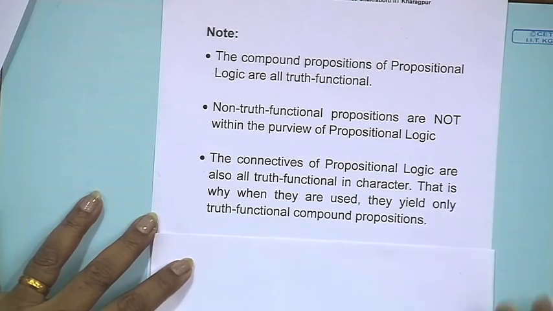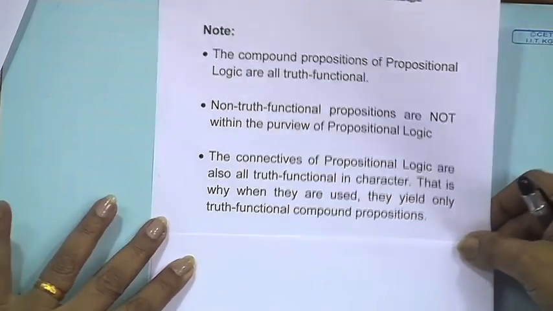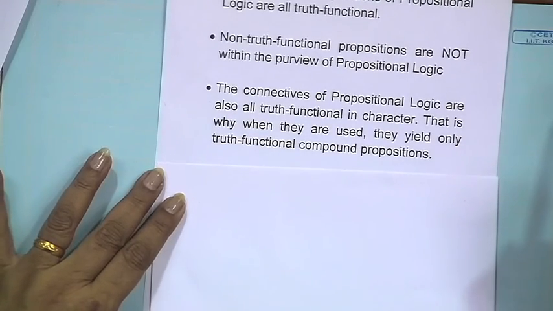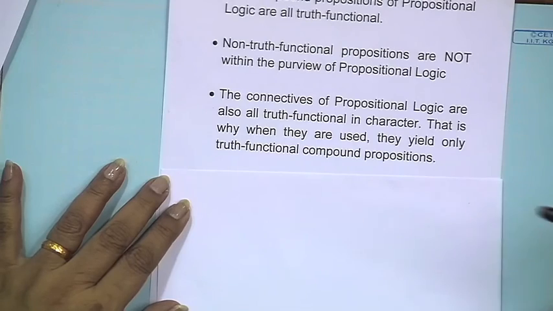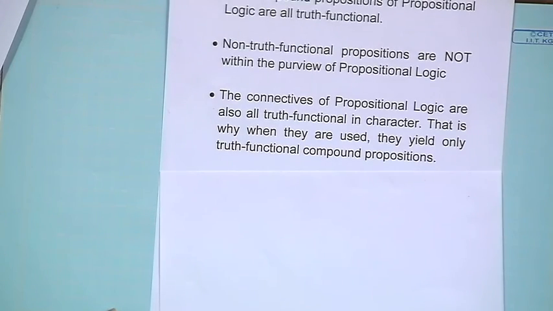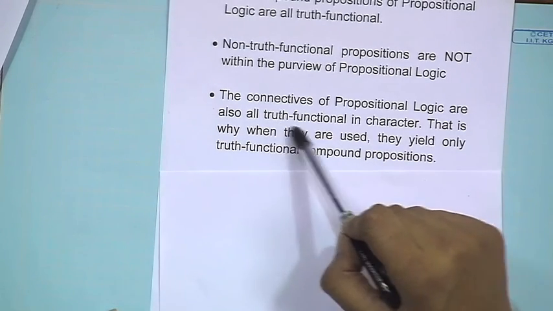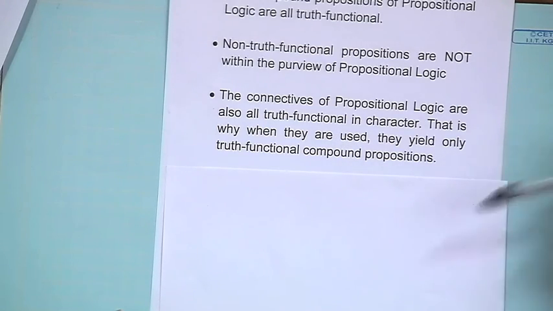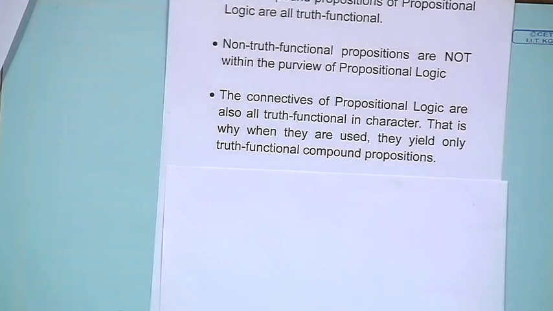And finally, we need to remember, we are going to soon talk about the connectives. The connectives of propositional logic, I told you there are 5 of them, and we are going to introduce you to them in the next module, but they are all truth functional in character. And that is why when they are used to combine other propositions, they always generate truth functional compound propositions. With that, I am going to end this module,